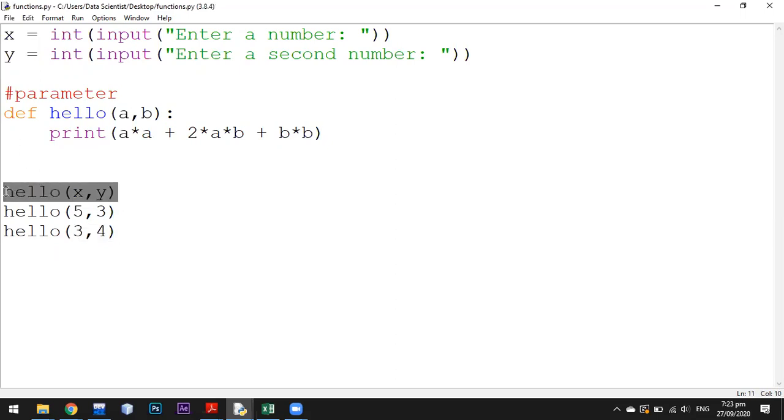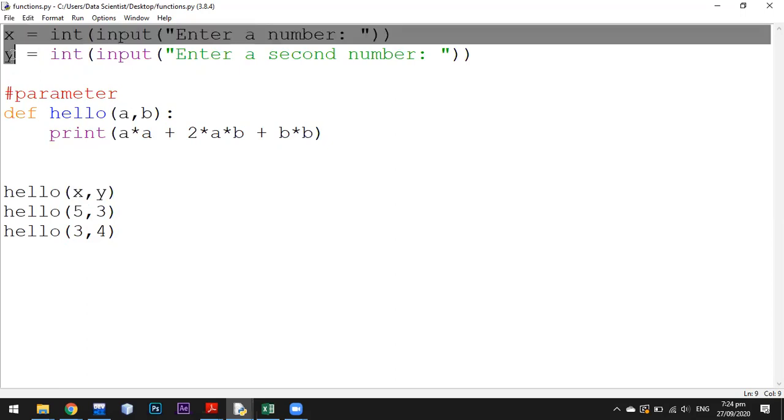The first one, hello, is the name of the function, and x and y are names of variables, which means we have defined them earlier. Either we wrote the code for inputs, or we have hard coded them, like x is equal to 3 and y is equal to 3, and you don't take inputs. This is the hard coded value, and the other is the user input that we take using the input function.